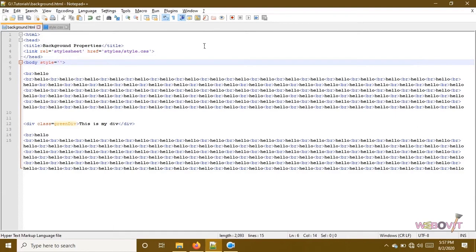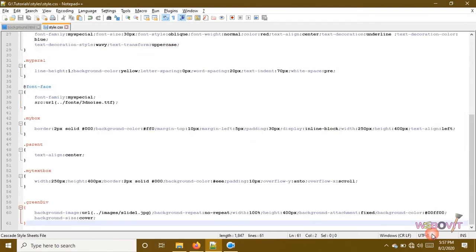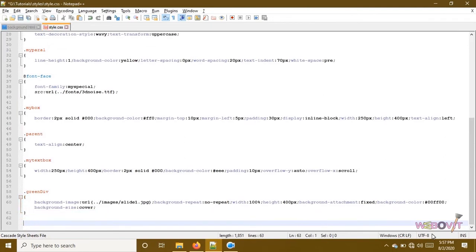Now we are not giving any class or ID for the body. Body is an HTML element, so we can directly put styles on any HTML element. So now inside the styles.css file, I'm not mentioning any class, I'm not mentioning any ID. I will give the style directly to the body. Body doesn't need any dot or hash because it doesn't come under either ID or class. Okay,